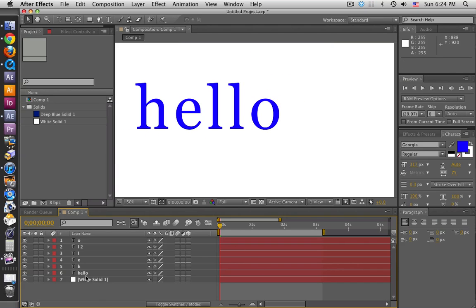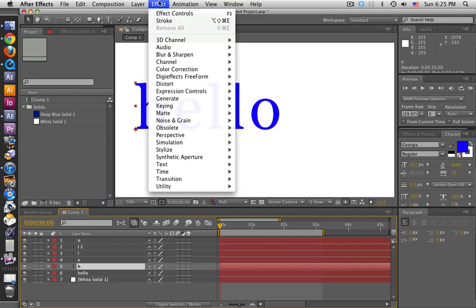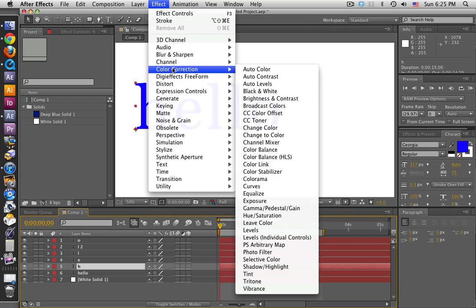Alright, so what we've got is the word as its own layer, and then we've got each of the letters duplicated separately on top. Now if I want to do individual flashing letters, what I'm going to do is change the color using one of the color correction tools. And I think I'm going to do